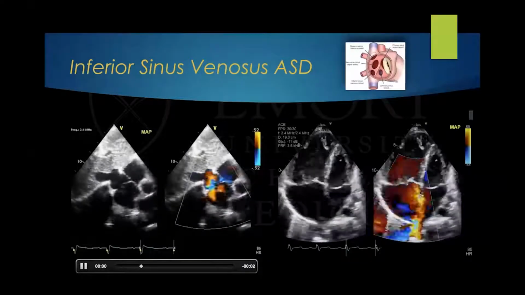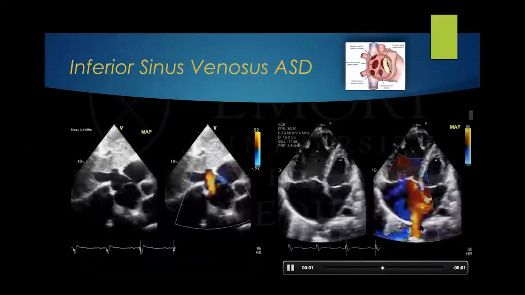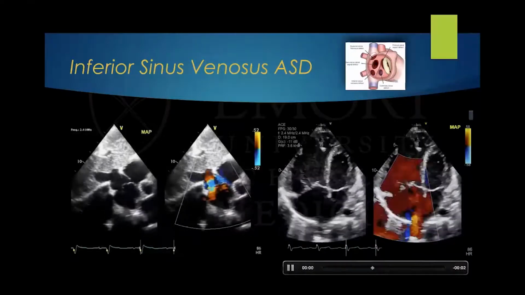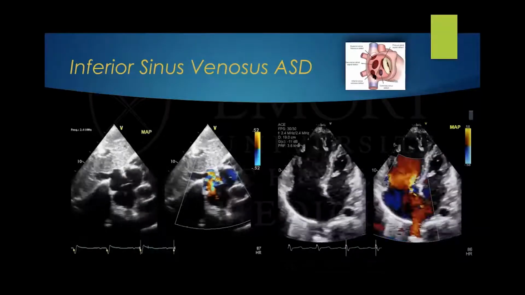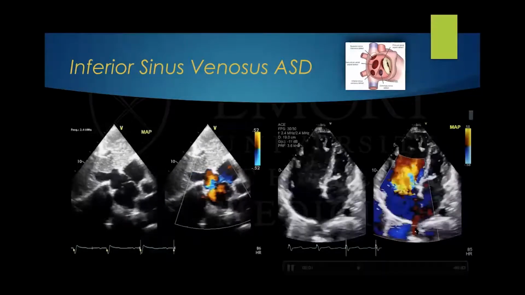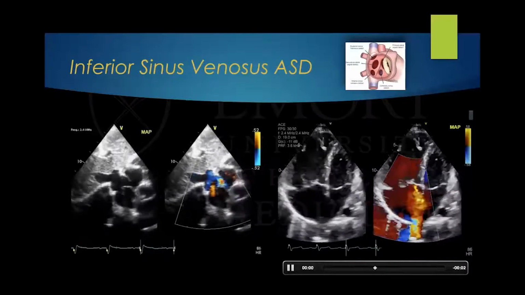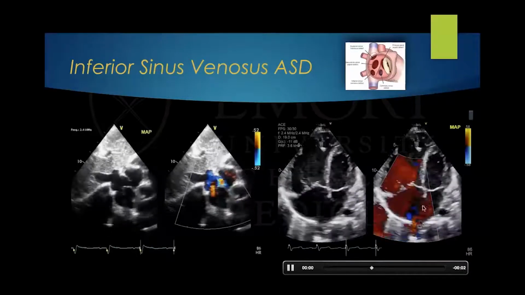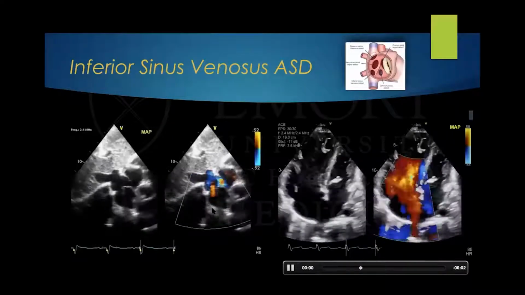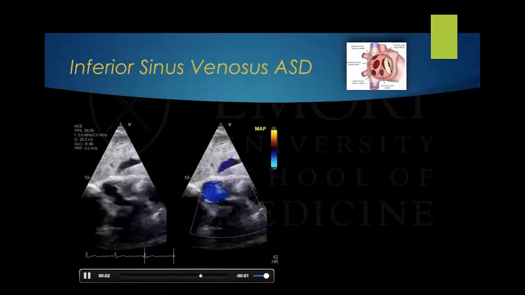Now, these defects can also be associated with secundum ASD, large secundums, where the inferior portion of the septum, if you look up here, the secundum is missing and has an extension to the inferior sinus venosus, and the lower pulmonary veins are now draining into the right atrium. But also the whole inferior septum along the secundum is missing in this case. And there is another case where there was a smaller size of the inferior sinus venosus,